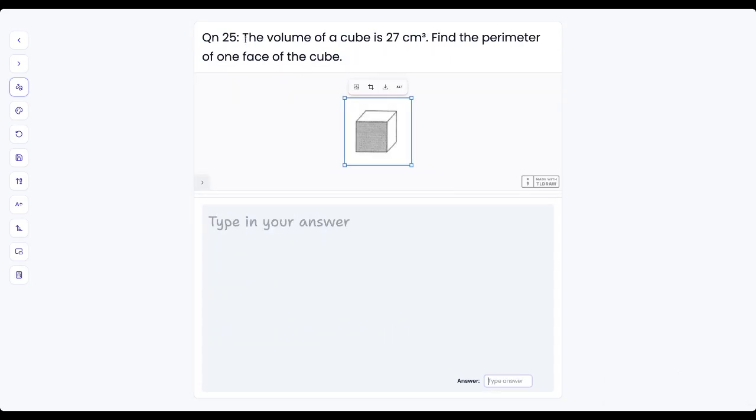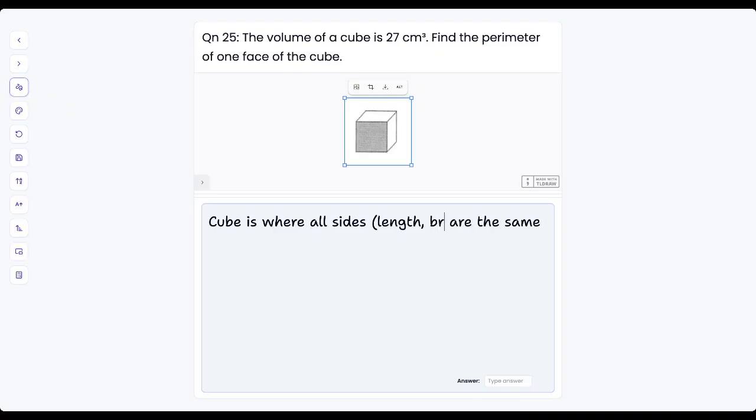Question 25. The volume of the cube is 27 centimeter cube. Find the perimeter of one face of the cube. All right, so sadly we don't have the calculator, but we know that for a cube, all sides are the same. So sides meaning length, breadth, and height are the same. So that means